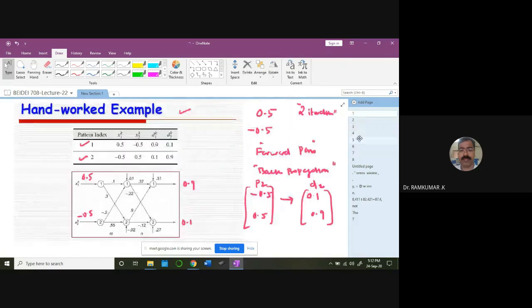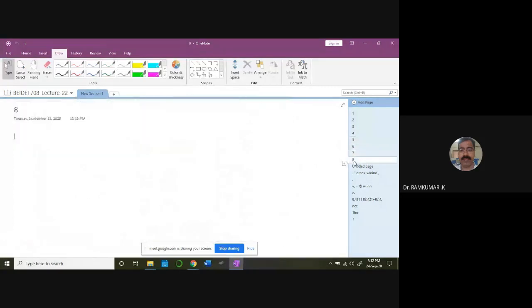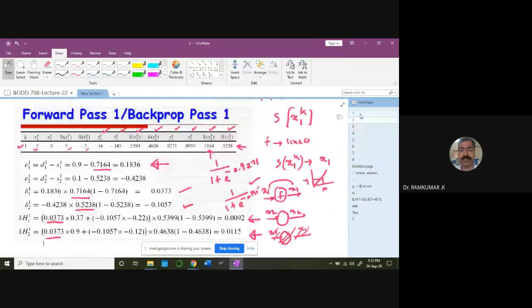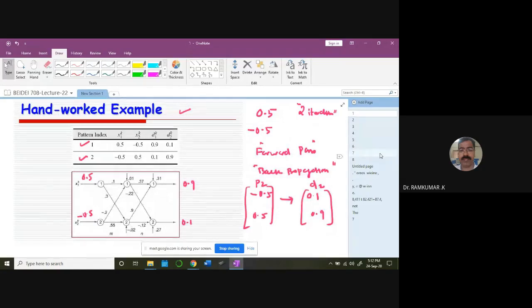Python code or MATLAB code we can develop. Okay, so think about that. Take the algorithm and try to sit through it and develop the code for this. If you can do that, that will be good work. Okay. So with that, I'll stop with this. Anything else to be discussed?